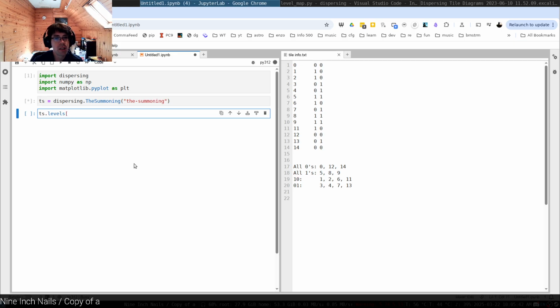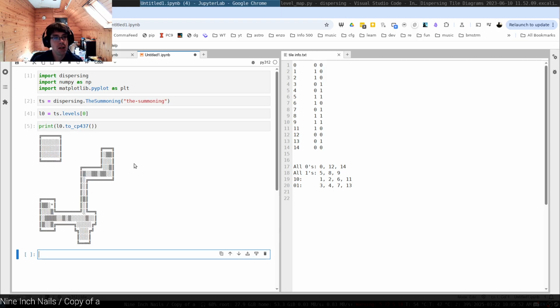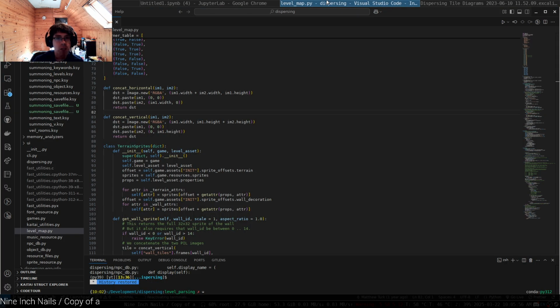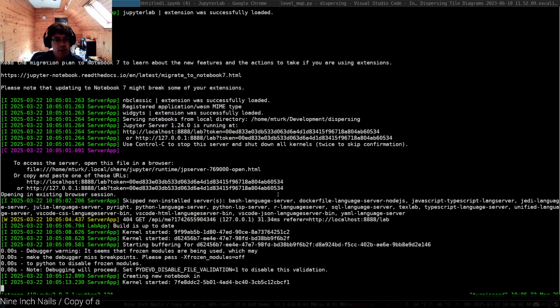If we look at ts levels 0, this is my level map. I'll call that L0. I updated my CP437. It still doesn't do coordinates though. So if we look here, this is right there. If we take a look at